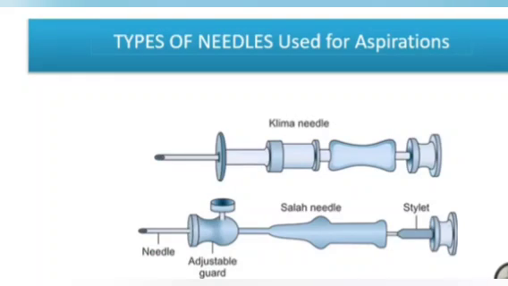So different types of needle are used for the bone marrow examination, and we are taking the Salah needle and Klima needle as the best choice for the aspiration. Here we have two types of needle. One is the Klima needle, and this one is the Salah needle. Here the Salah needle has an adjustable guard, it has a needle, it has a stellate, where we